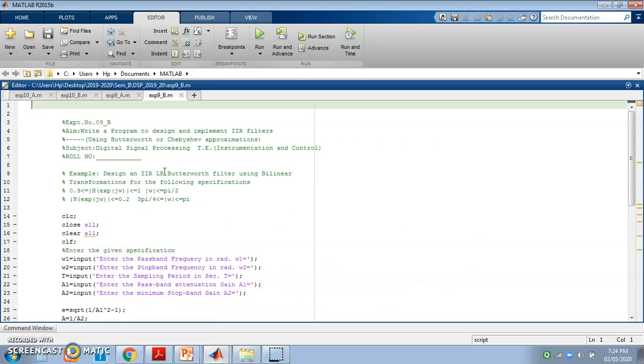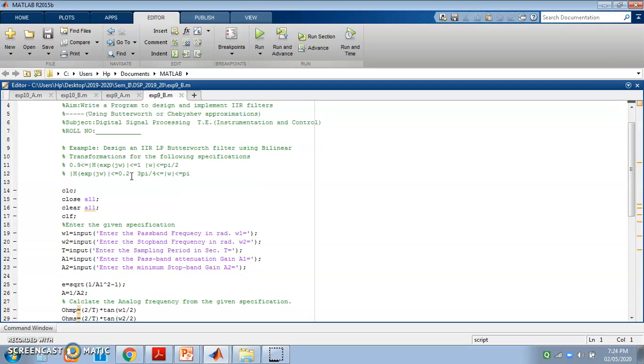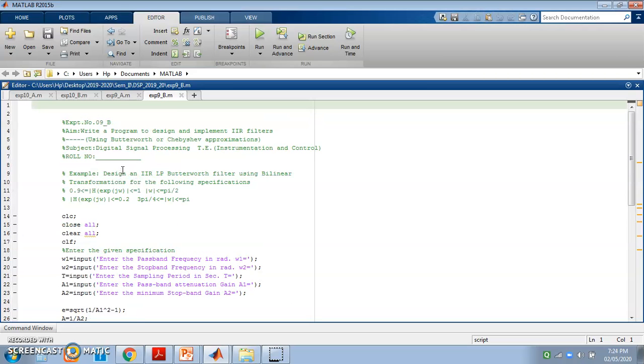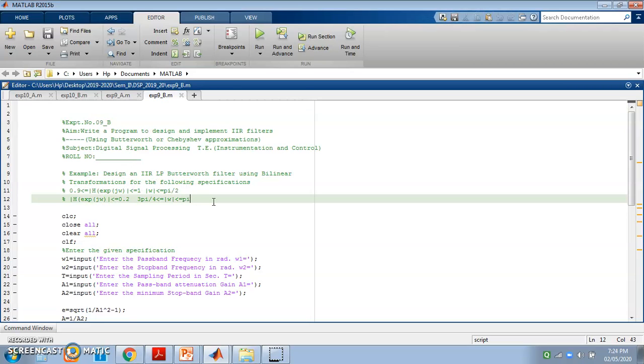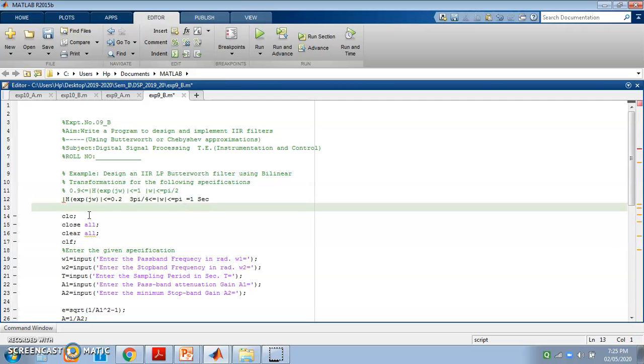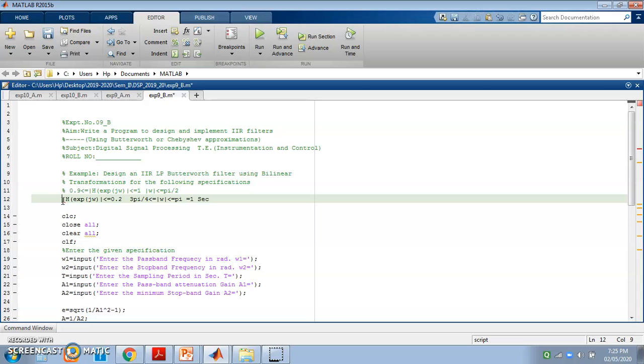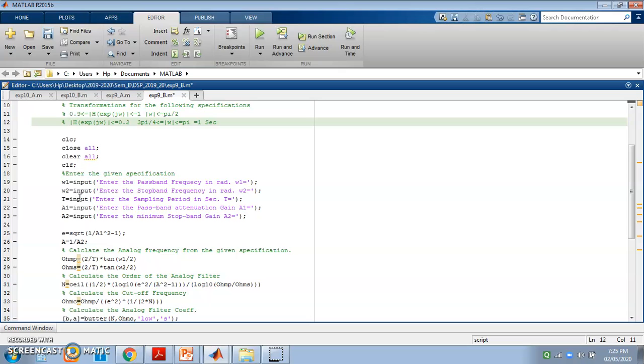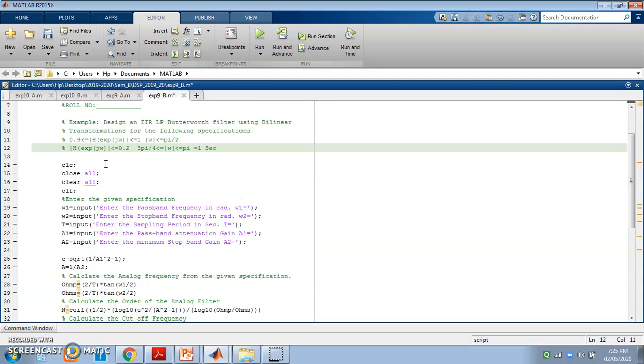So here I have written the code, that is we have to design the IIR low pass filter using bilinear transformation and with the following specification. One more term that I have missed over here, that is capital T equal to 1 second strictly. So capital T equal to 1 second, that I am going to consider over here as per the problem statement. As per our problem statement, we have 4 to 5 quantities that are of interest.